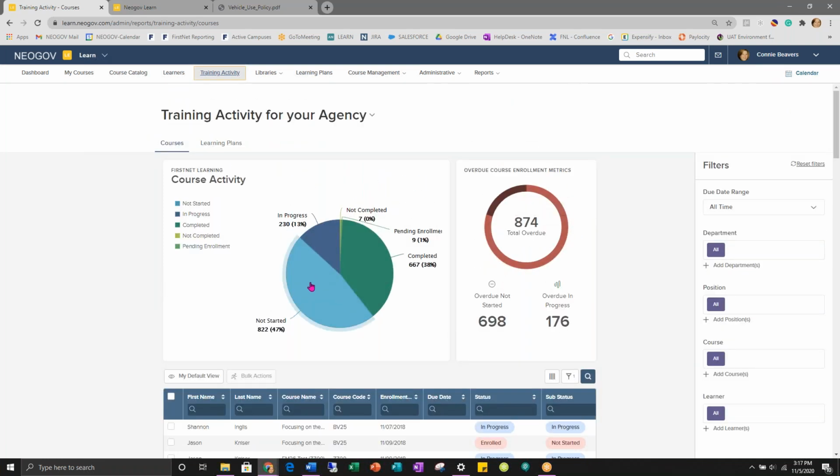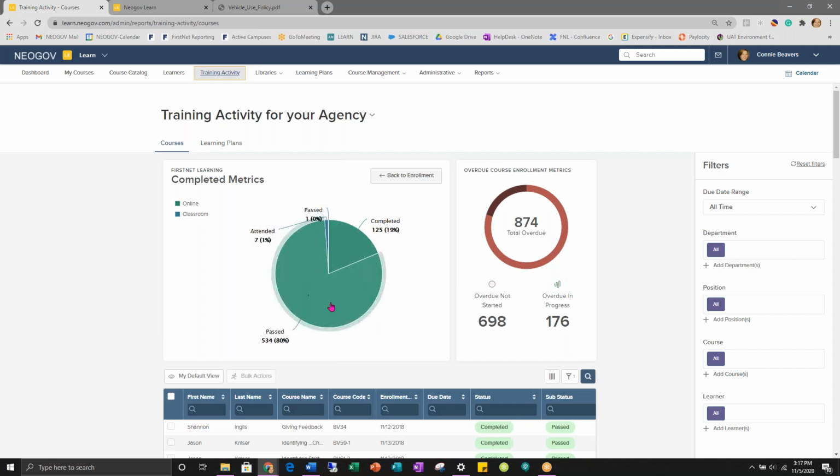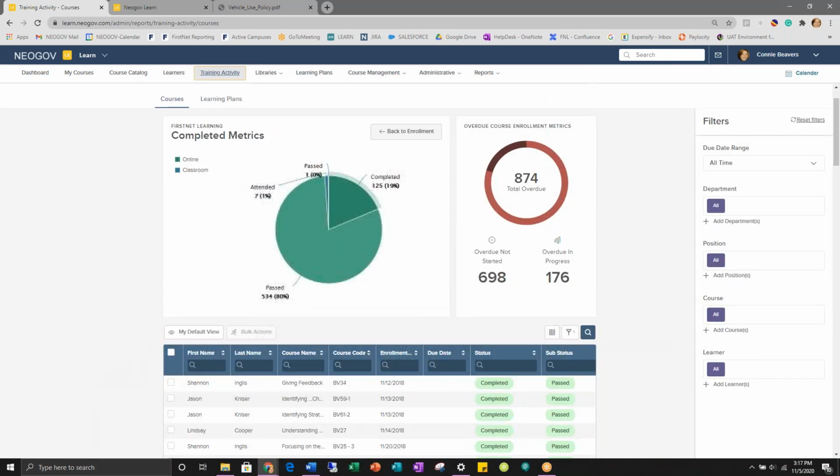I can click on each of the pie pieces to get some additional information. So for example, I just want to see what courses people have passed. What the system automatically does is it changes the detailed information I'm seeing below. So now I'm only seeing passed courses. If I want to go back